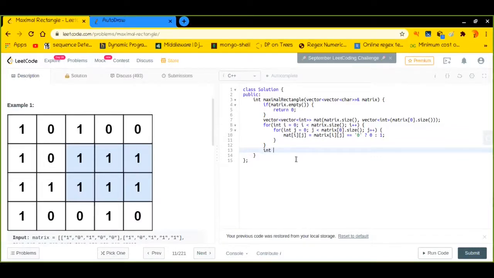So the first thing that we need to do right here is find out the maximum area for the first factor, as I have already told you previously. Let us say that we have a function that will get me the largest area for any such histogram. For the current scenario, we have mat of 0, and mat of 0 is the current factor. We will pass it to this function, and it will tell us the maximum area for this particular factor.